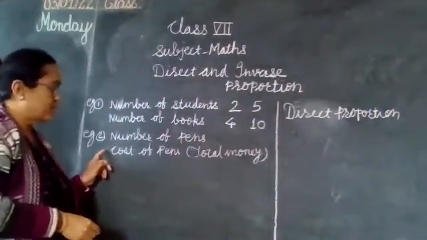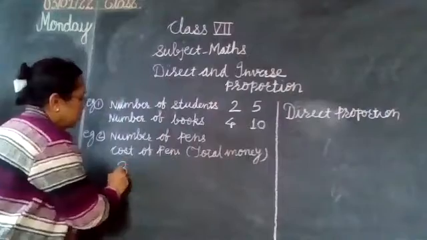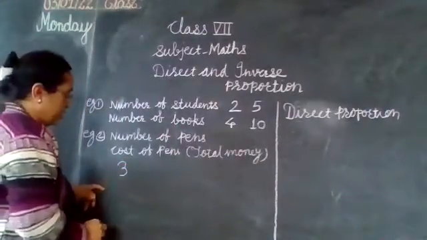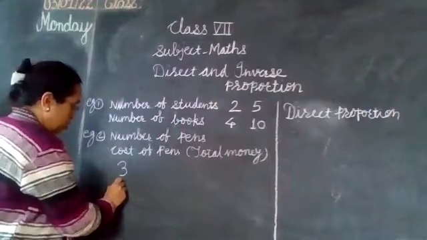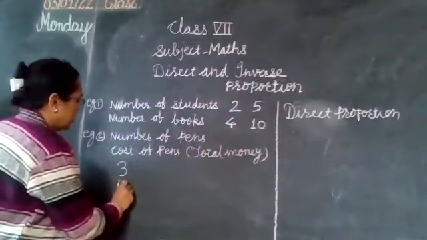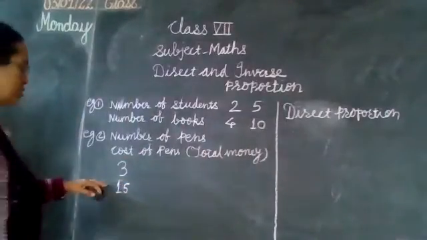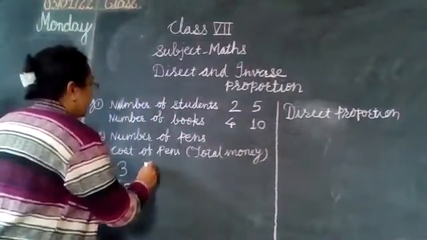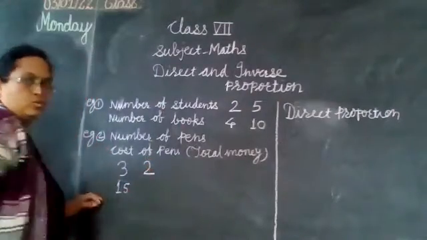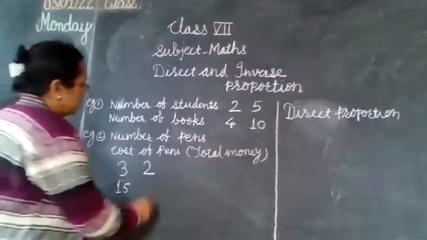Now second example, number of pens. Say the number of pens is 3 and the cost of each is 5 rupees. So 3 fives are 15 rupees you have to give. Now if the number of pens is 2, then each 5 rupees means we have to give